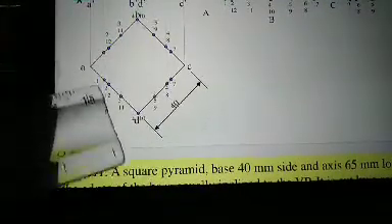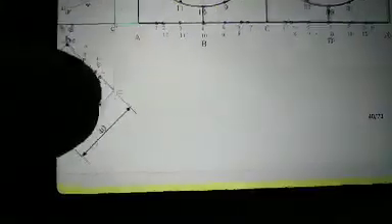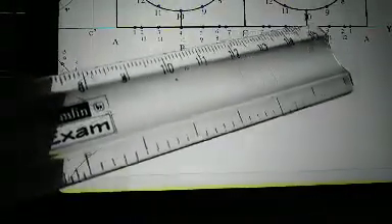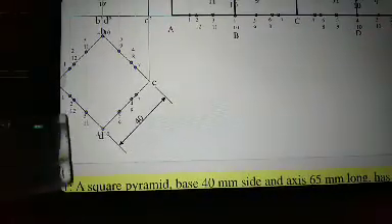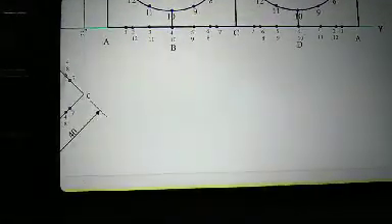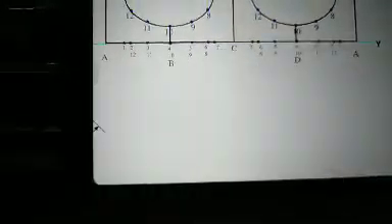Next, from D to A you will get points 3 11, 2 12 and 1. Take a distance equal to D to 3 11, measure that distance and mark it, D to 3 11. Again, take a distance from D to 2 12, measure that distance and mark D to 2 12 on this front view. Again, take a distance equal to D to 1 and mark this point D to 1 here. You will get the points in front view of the development.